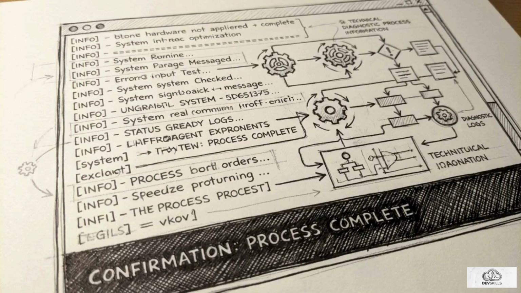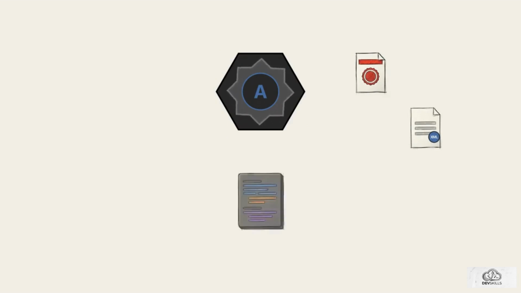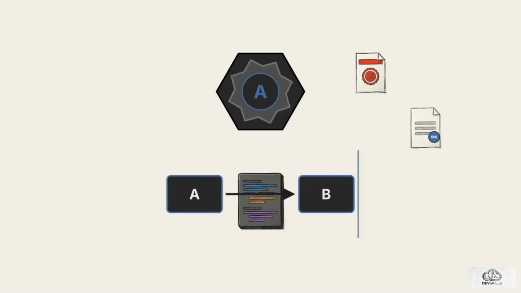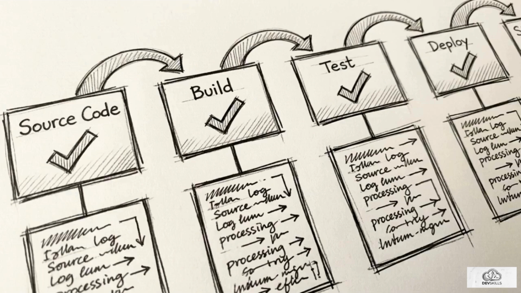To actually access AsciiDoc's professional features, you must use its mandatory processing engine, Asciidoctor. This specific toolchain enables high-end professional outputs, such as automated DocBook generation and natively rendered PlantUML diagrams. PlantUML is an open-source tool that allows users to create complex architectural diagrams from a plain text language. But this system comes with a tax. Authors are no longer just writing text. They have to maintain a build pipeline, install dependencies, and configure specific IDE extensions.